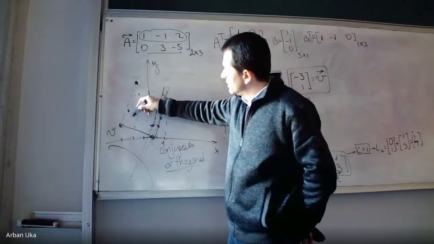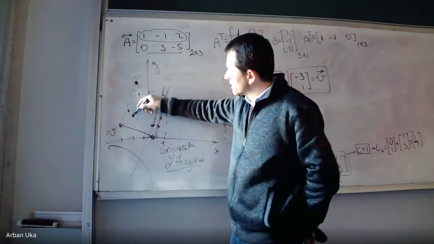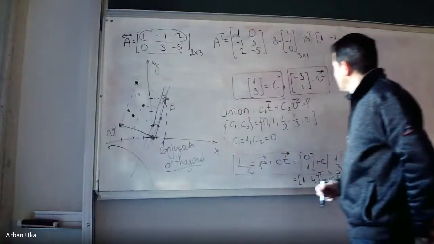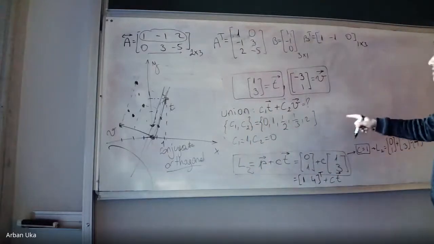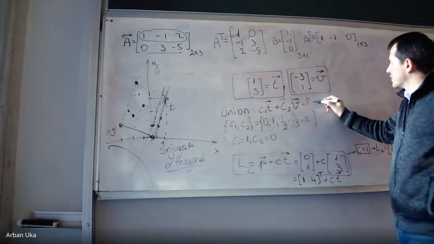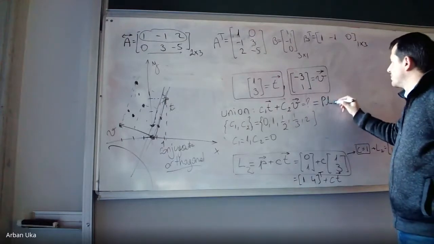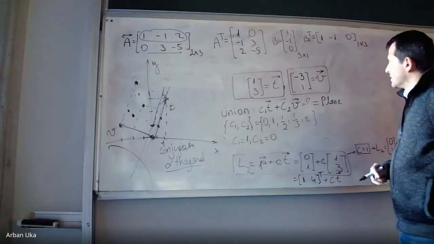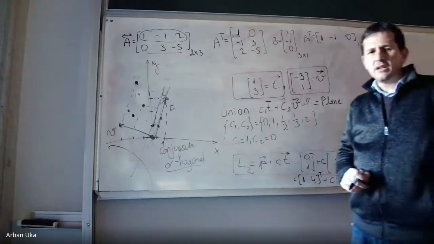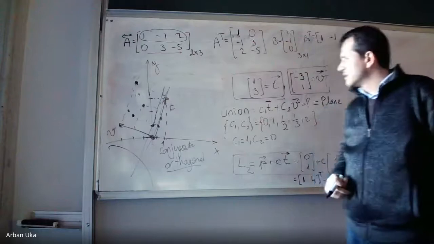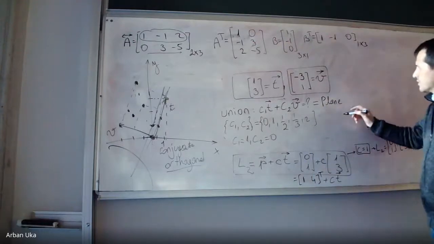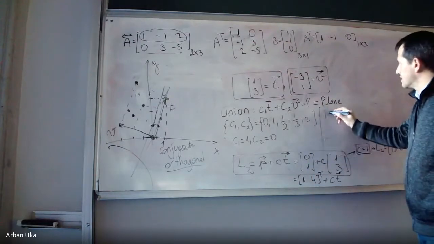Even a point here, one can write this point as a function of t and v. We can get a plane. Let's see the initial question. So we said the union of these, this is a question mark. That's correct, this would be a plane. So we can get a plane, and this plane, we can call, so this plane is